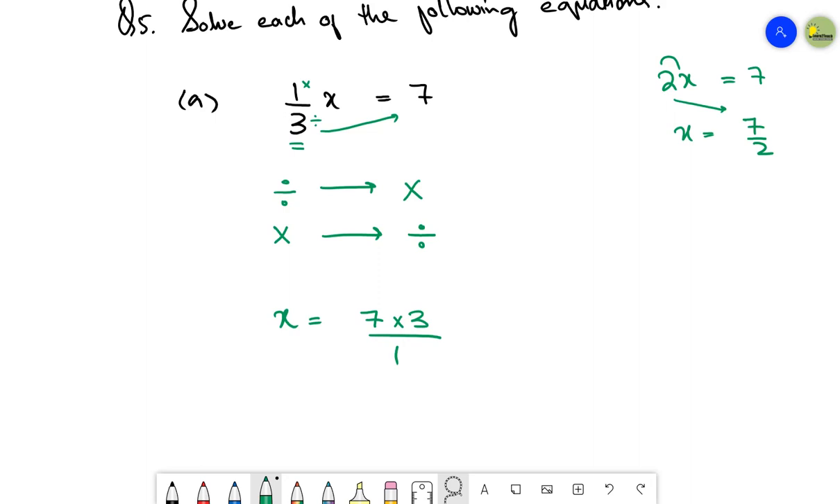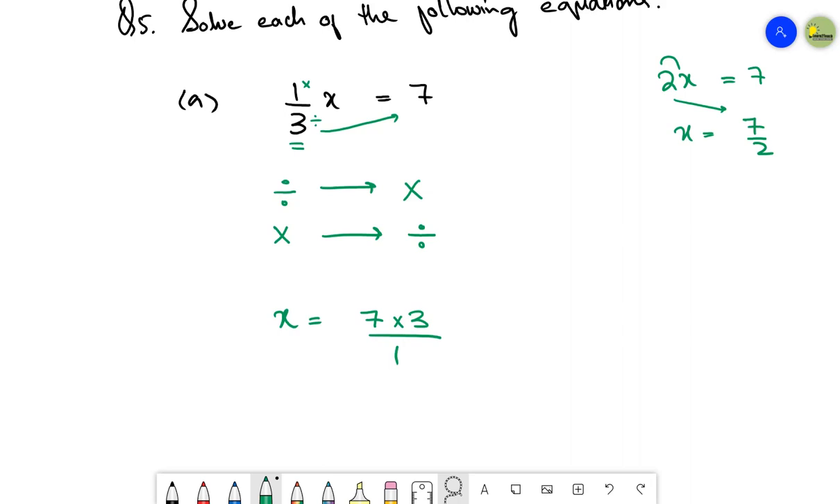I'm again repeating. In the first step, 1 upon 3x means that the 1 is in the numerator. It is multiplying with x and 3 is in the denominator. It is dividing with x. So when you shift this number to the other side of the equation, you have to change its position. It means that 3 must be written in the numerator. Why? Because here on the left hand side, 3 is in the denominator. So when you write it in the numerator on the other side, it will be multiplied with 7. So 3 multiplies with 7, and 1 that is multiplying with x over here,